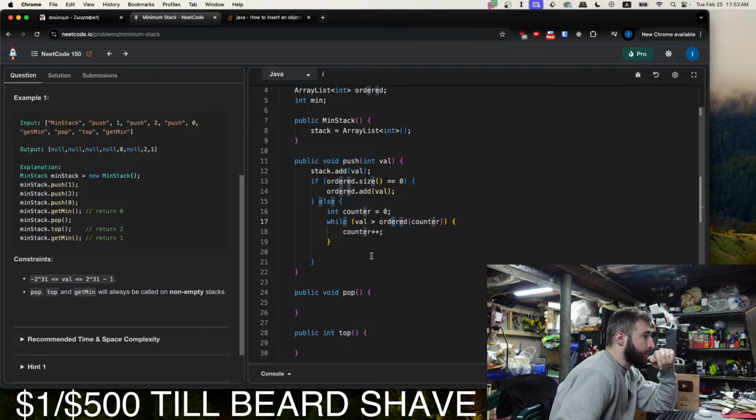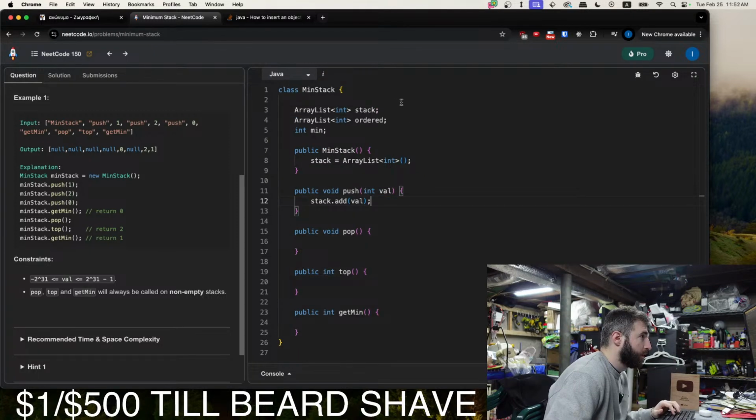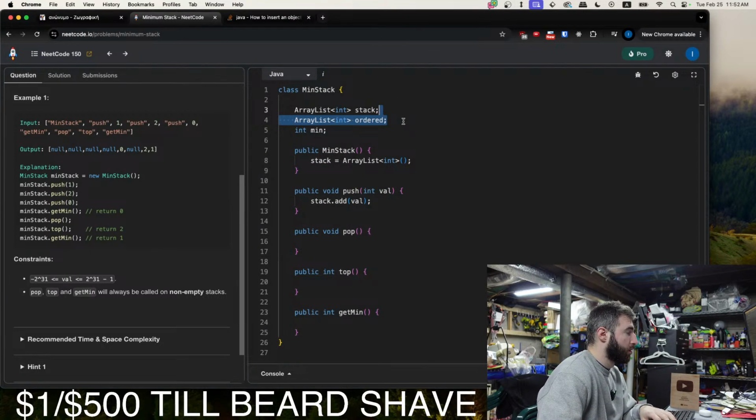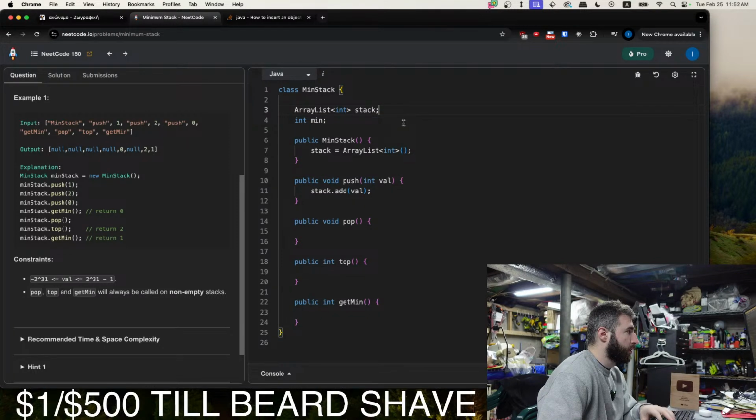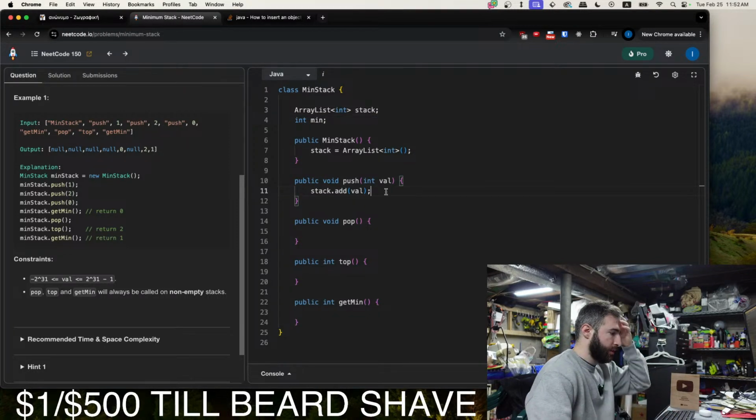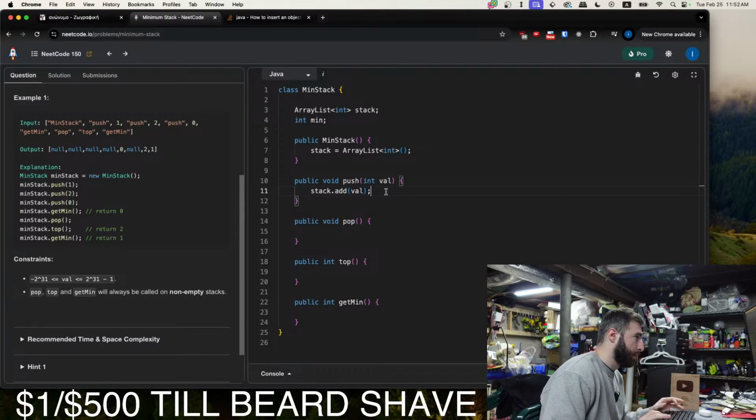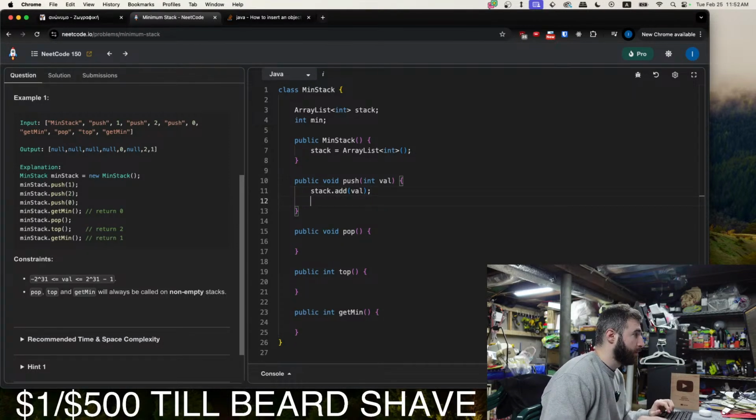Huh, interesting. All right, we will just do a silly implementation right now that doesn't really do min correctly, but just to keep going until we get there.